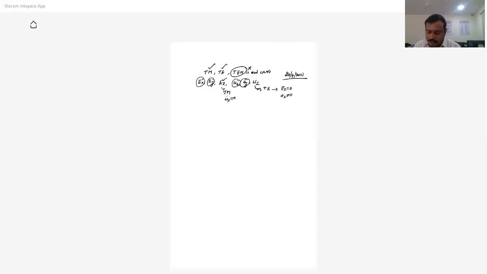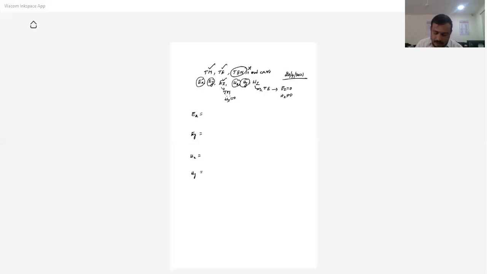Now, this is the important part. I will write once again the equations for the four components, EX, EY, HX, and HY. These four we can write in terms of EZ and HZ, and EZ we are going to find in the TM mode and HZ in the TE mode. We also did the EZ component in the last class. So now I am writing once again the equations.